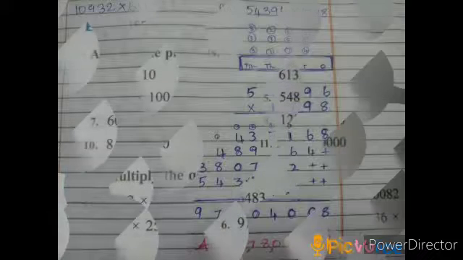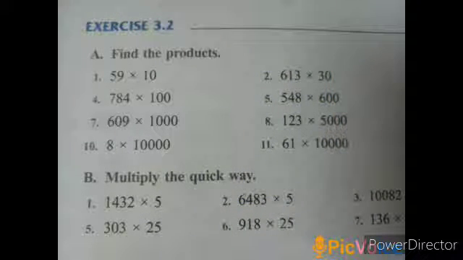2 plus 3 plus 9 plus 7 plus 9, it is 30. Write 0 and 3 should be carried over in the lakhs place. 3 plus 4 plus 8 plus 0 plus 3, it is 18. Write 8 and 1 should be carried over in the 10 lakhs place. 1 plus 4 plus 8 plus 4, 17. Write 7 and 1 should be carried over in the crores place. 1 plus 3 plus 5, 9. So the answer is 9 crore 78 lakhs 4,008. Next is exercise 3.2 in page number 30.